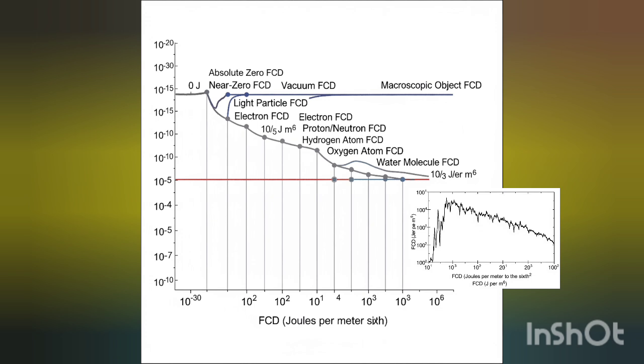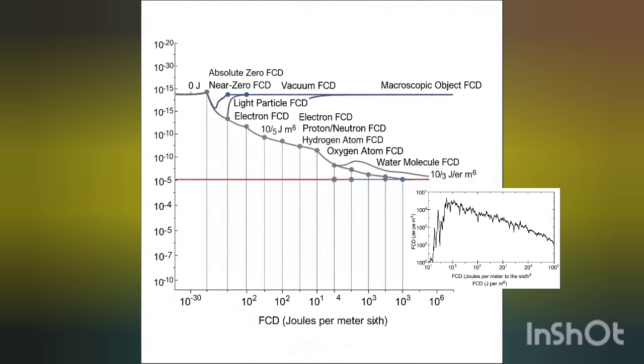Precisely. And connecting this to the bigger picture, look at the water molecule FCD. That's at 10 to the 3 power, or 1000 JM6. This is a really critical point. What's truly fascinating is that its FCD is actually higher than just adding up the FCDs of its 2 hydrogen atoms and 1 oxygen atom. Oh, interesting. So it's not just additive. No, it's synergistic. It shows there's additional energy and coherence required simply to form and maintain those strong chemical bonds between the atoms. It points to how structure and stability emerge. It's a new level of energetic commitment, you could say. Those distinct atomic signatures are now connected by these coherent bridges. Wow.